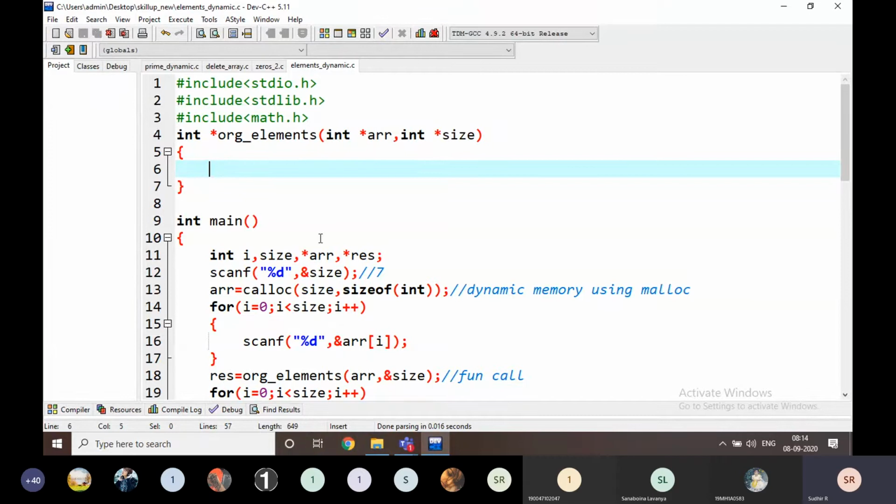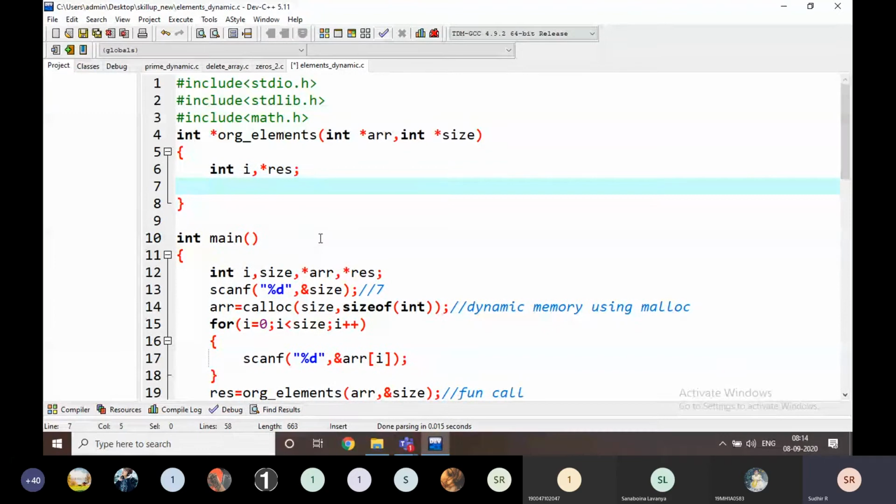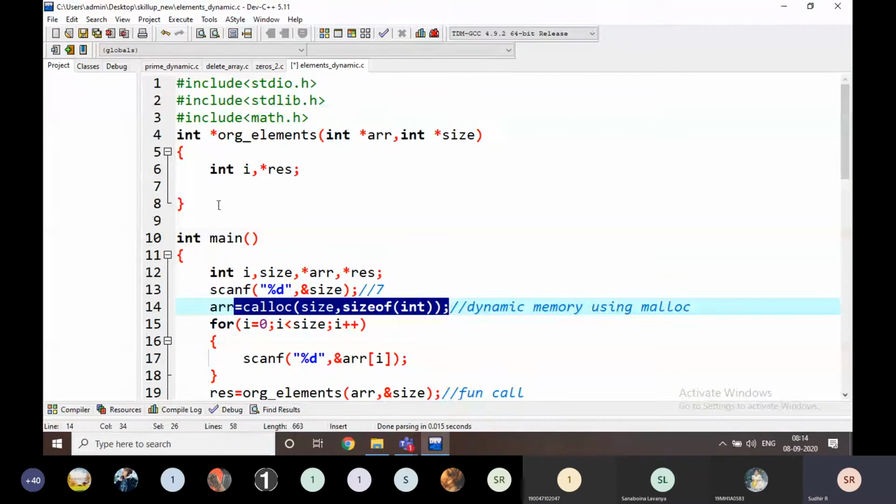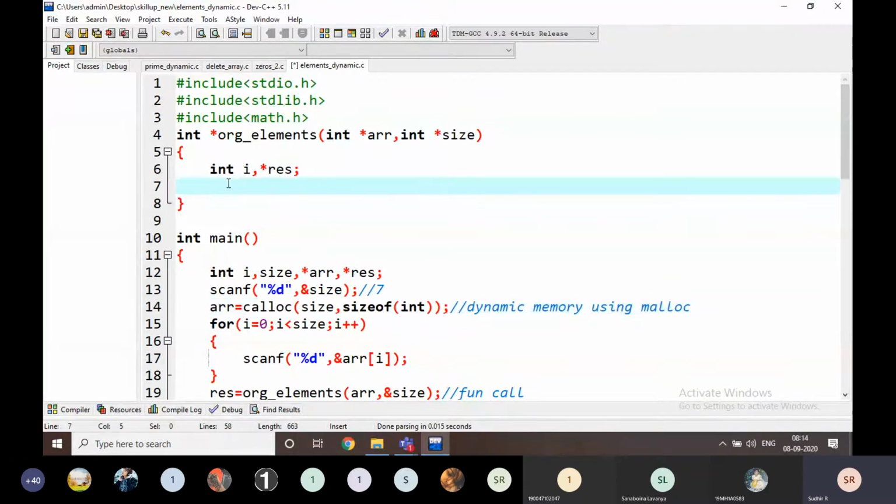Now I am going to write the logic on that. For iteration, I am going to take some i here. And for the result I am going to take some star res. I am going to allocate the memory like this. res is equal to, I am going to write like this.